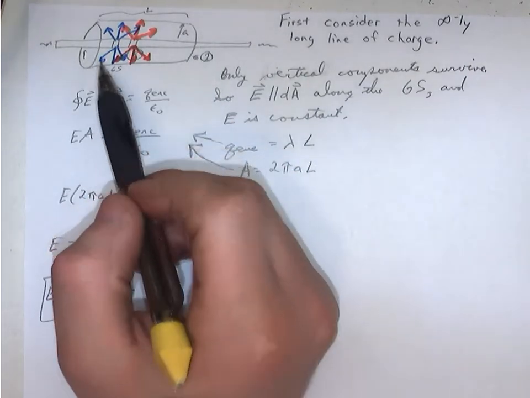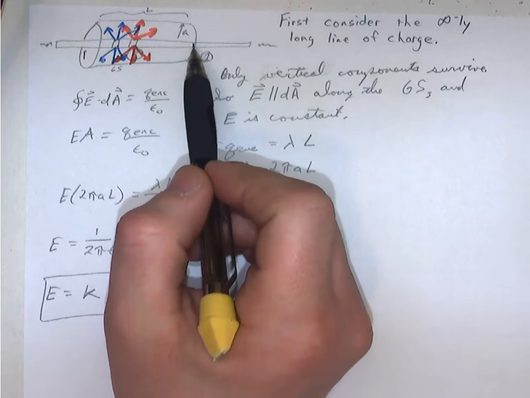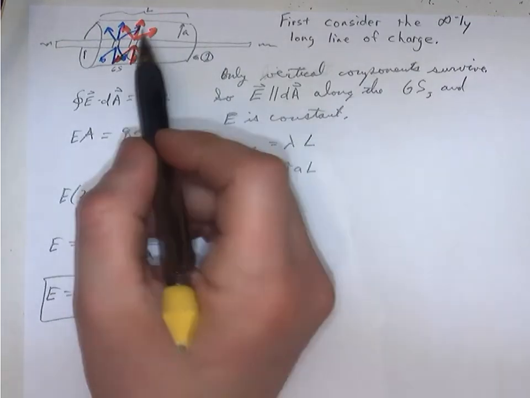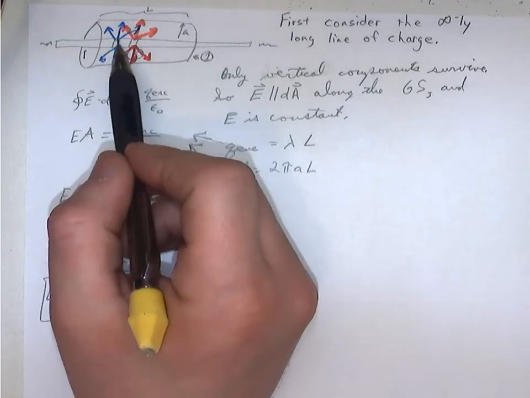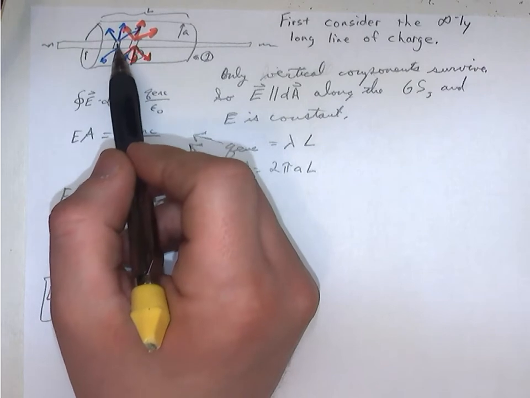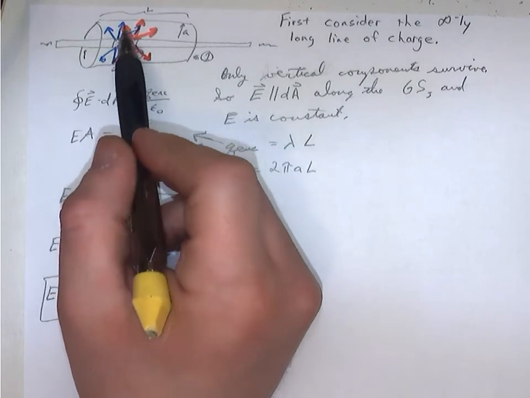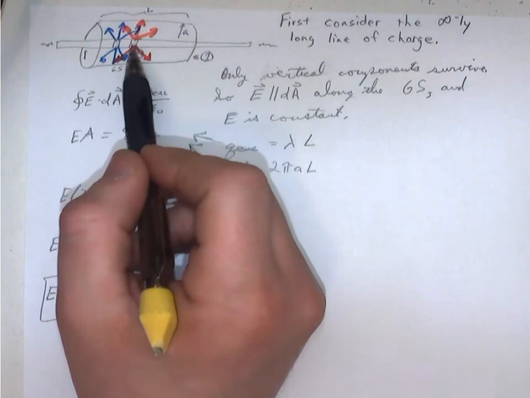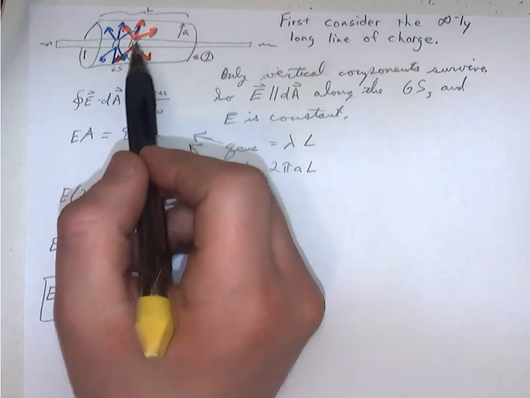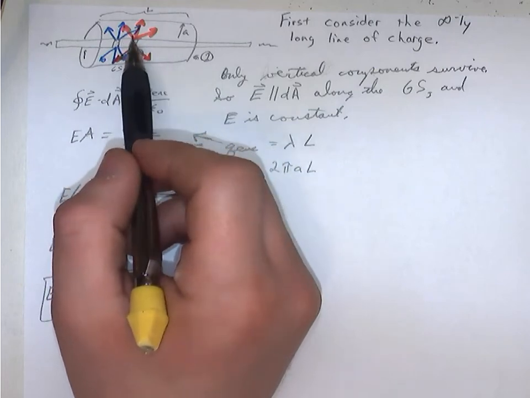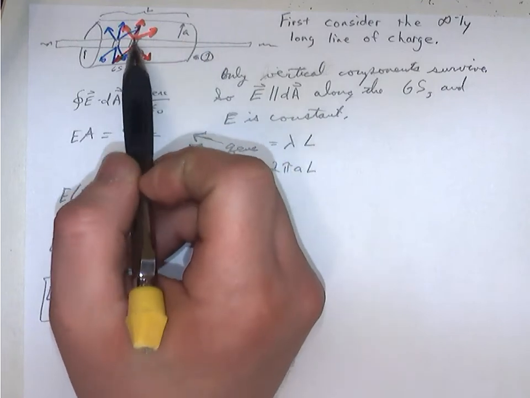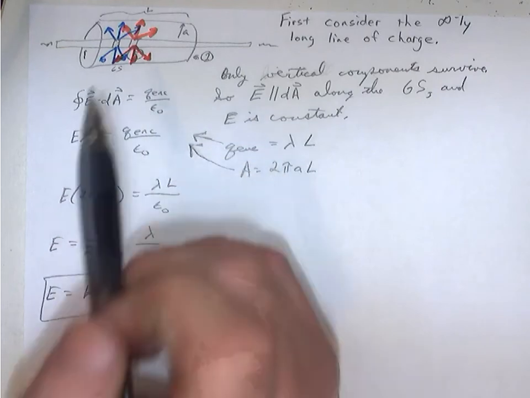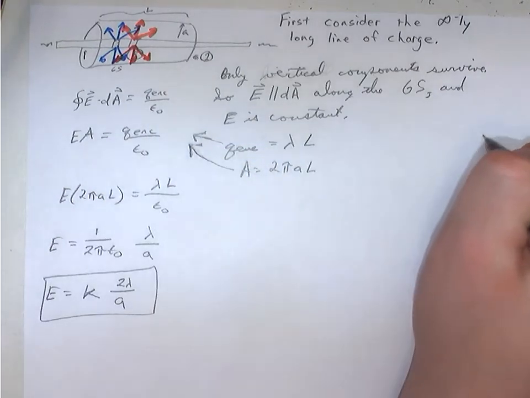The electric field through the sides of the cylinder is zero because all of these horizontal components cancel each other out. For any horizontal component created by this piece of charge, it's going to be canceled out by the horizontal component produced by another piece of charge somewhere down the line. The only thing left is these vertical, or upward or downward components. If you view the wire from the top, the electric field is going to point out